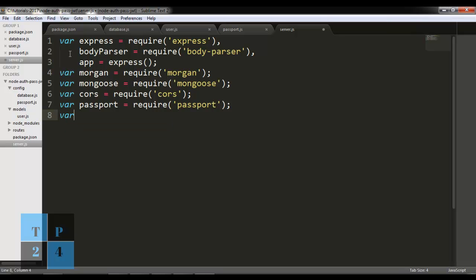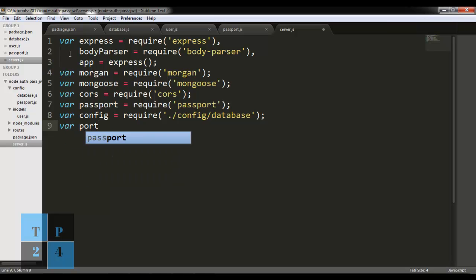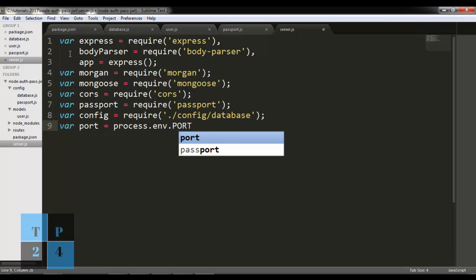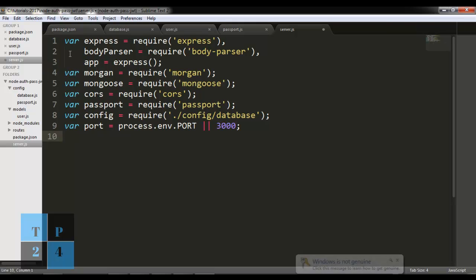Now var config require config database, and var port is equal to process.env.port or 3000, and mongoose.connect, the first parameter will be config.db,